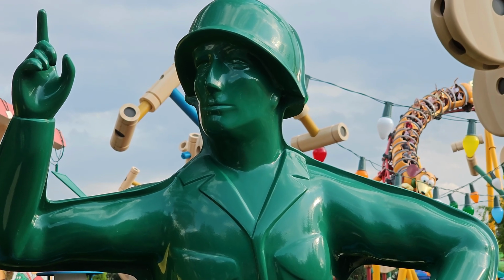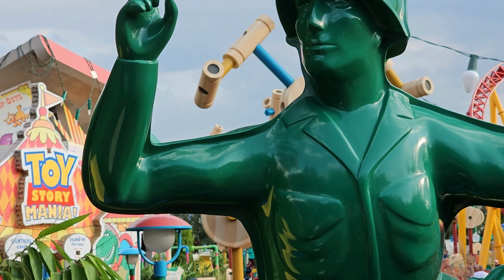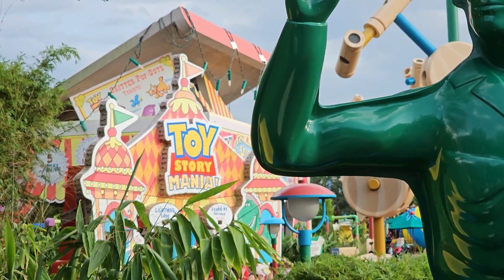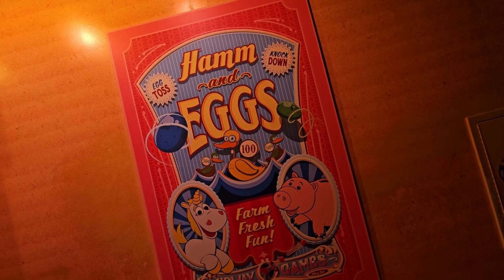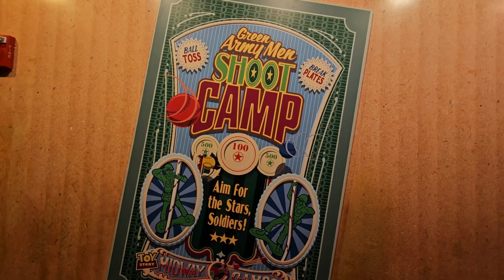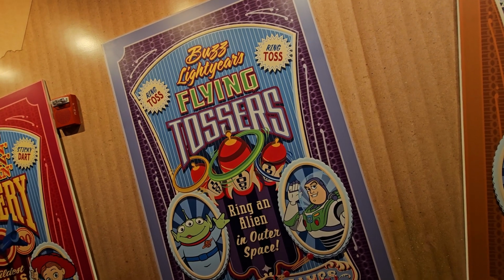I've been fortunate enough to go on Toy Story Mania over 200 times now, and I will be showing you all of my tips, tricks, and strategies on all 5 rounds, starting off with Hamm Eggs, followed by Rex and Trixie's Dino Darts, then moving into Green Army Men Shoot Camp, followed by Buzz Lightyear's Flying Tossers, and last but